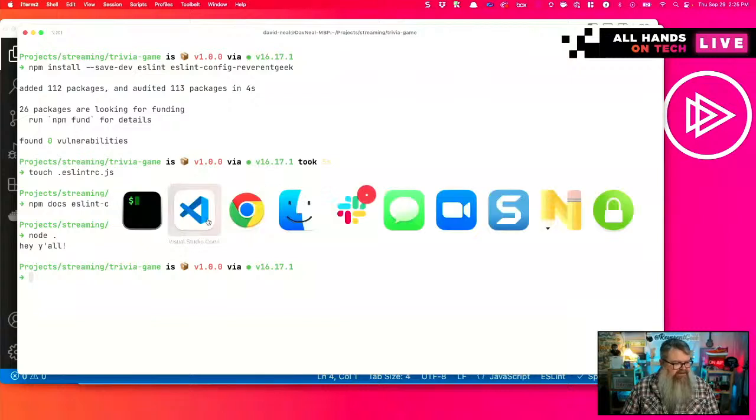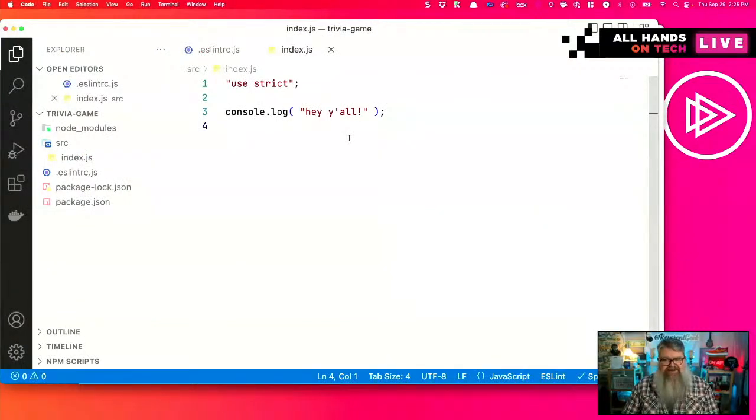If you've never built anything with Node.js before, hey, here's your first step. One of the things that you may have noticed as I was typing and as I was saving the file is that there's spaces. Say if I remove the spaces for the text, as soon as I press Command S to save that file, it puts those spaces back. That's because my personal ESLint rules include some syntax formatting.